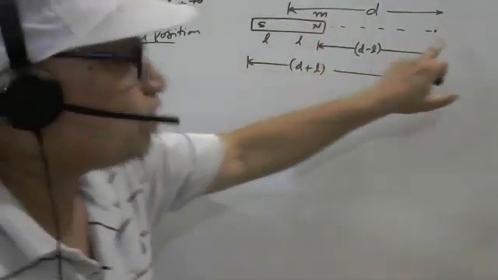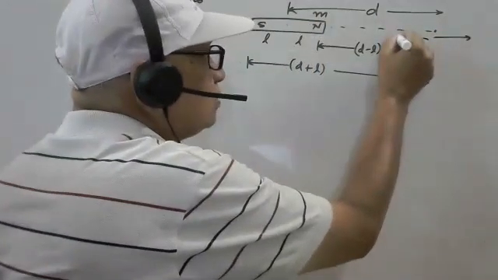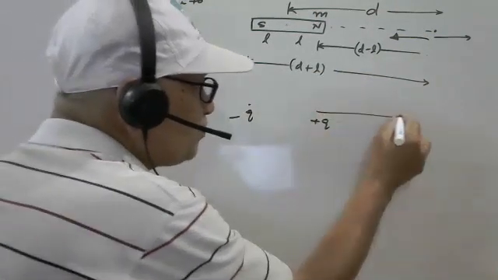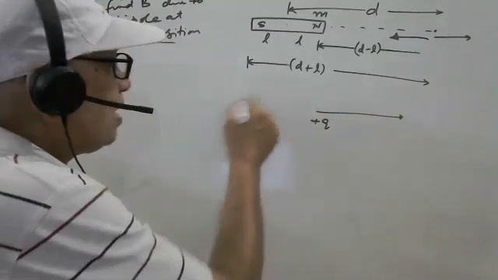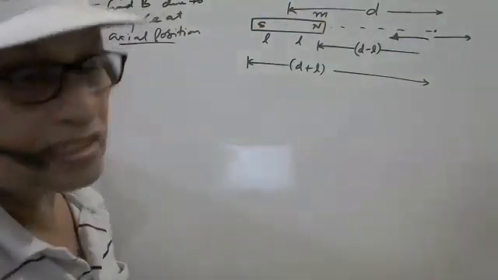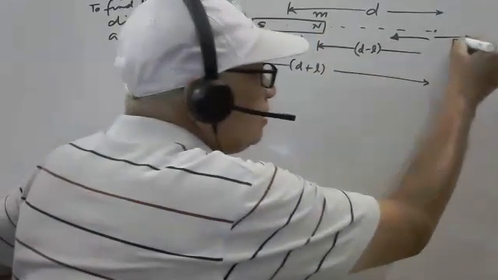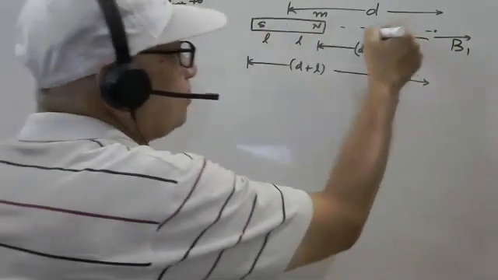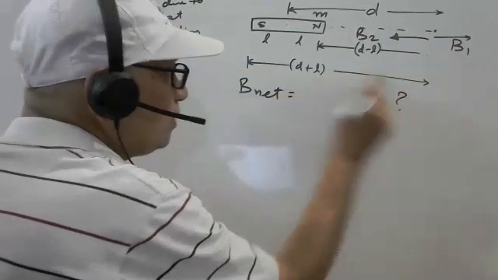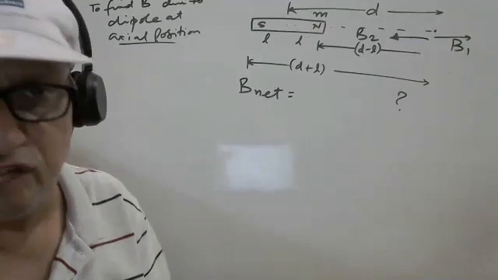Magnetic field is away from the north pole and toward the south pole, just like electric field is away from positive charge and towards negative charge. Negative is equivalent to south, positive equivalent to north. So here, the direction of magnetic field because of the north pole is away from the north pole, like V1, and toward the south pole, like V2. And that magnetic field, I do not know. You tell me, please. Whether it is V1 plus V2, or V1 minus V2, or V2 minus V1, or 0.